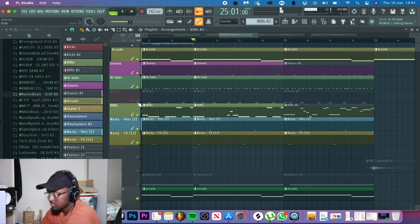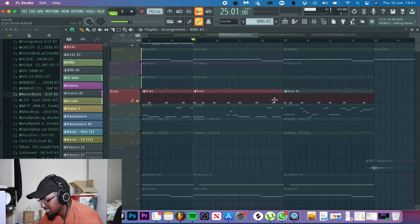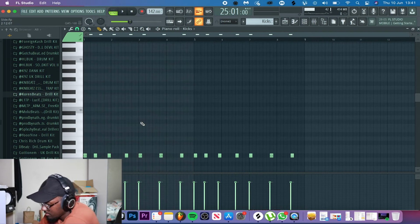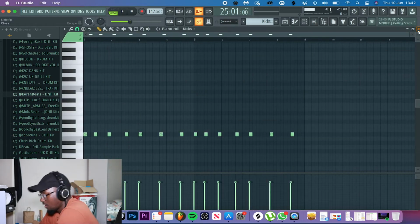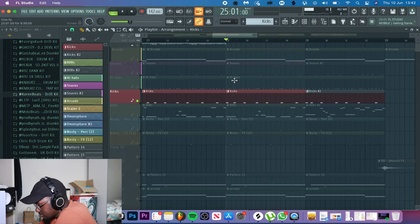So yeah, the last thing I added was the kicks, and the kicks follow the 808 bass line. So anytime a bass hits, the kicks hit. For the most part, I like to have a kick hit on its own, just so it doesn't get too repetitive. But yeah, with the kicks, you always got to make sure they're hitting, they're punching, and you make sure that you have a soft clipper on as well. I always put a soft clipper on just so the kick can hit hard, and the kick matches the 808 bass line. So if you listen to the kicks,